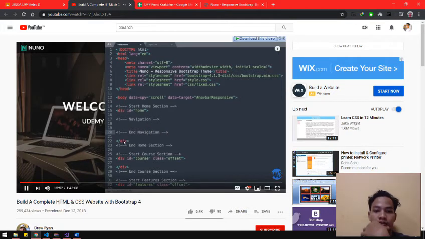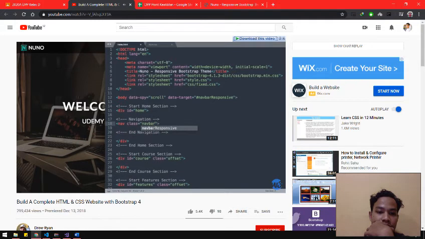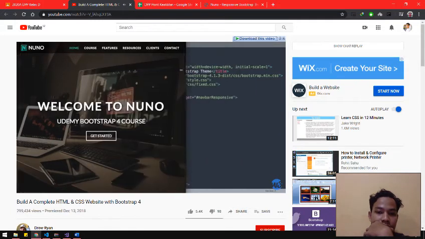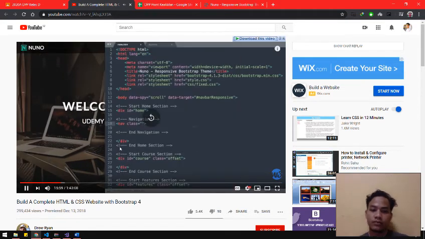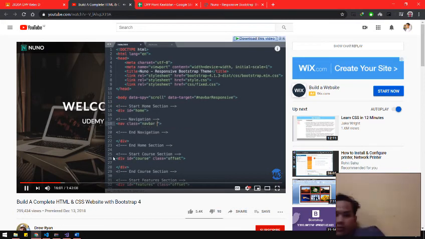Alright, and then to start off our nav, we'll use the HTML5 nav tag, and we're going to give it a class that's called navbar. And then when we size the website down, as we know, it's going to expand